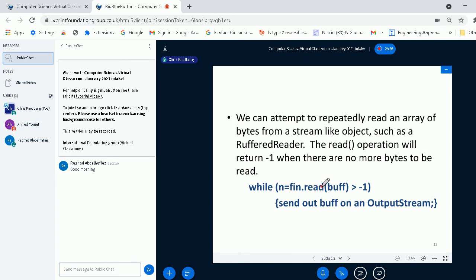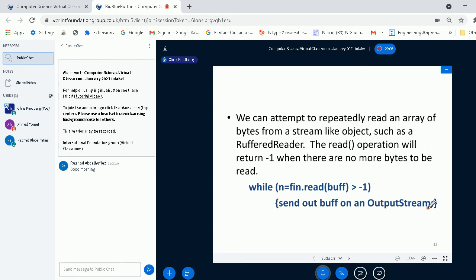I'm attempting to read an array of bytes into an array called buff, and the read method is available in the object. What this read operation does is return the number of bytes read, and I'm assigning that to n. And while n is greater than -1, I can write the bytes out onto another output stream.